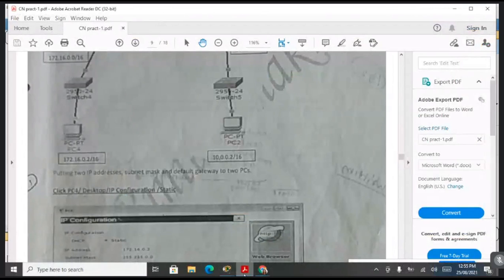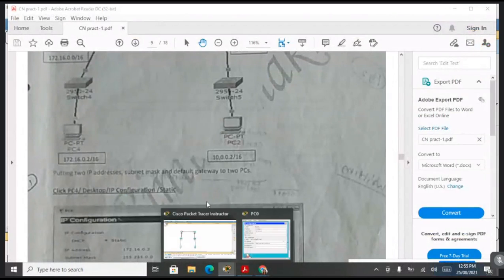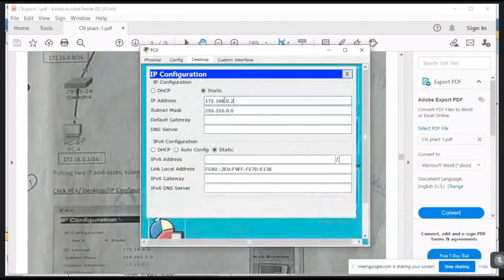Okay. Then this is the subnet mask, and the default gateway will be 172.16.0.1.